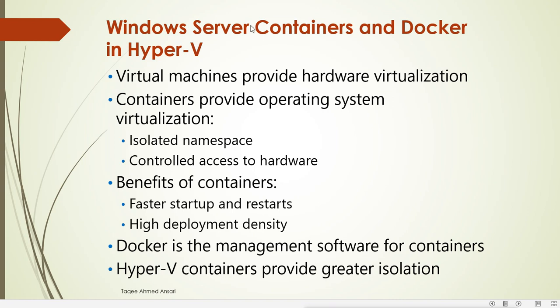Virtual machines provide hardware virtualization, simple. So what do virtual machines do? When we create a virtual machine, it provides hardware virtualization. In our real host, we have separate hardware like RAM, processor, hard disk, and other hardware. So when we create the virtual machine, it provides virtualized hardware. In the virtual machine we see virtual hardware like virtual CPU, virtual RAM, virtual hard disk, virtual processor, and all other virtual devices. So virtual machines provide hardware virtualization.